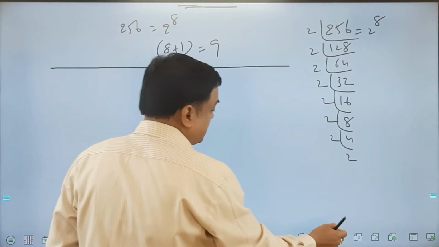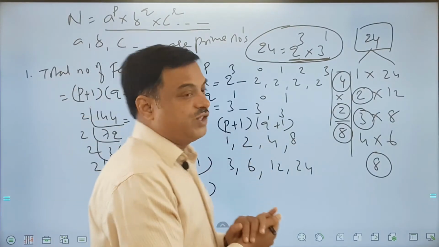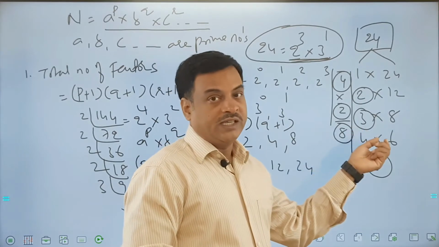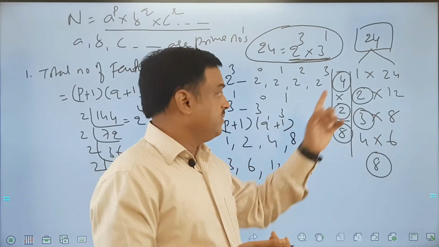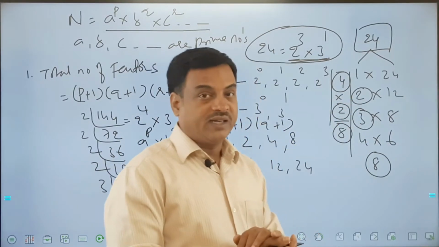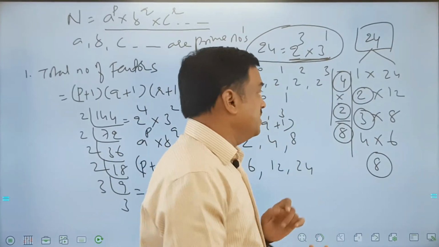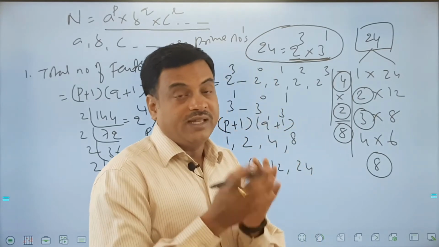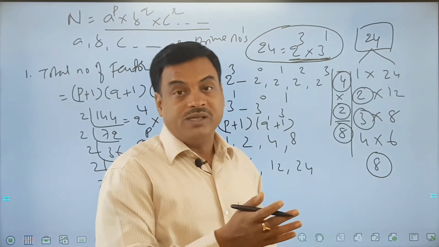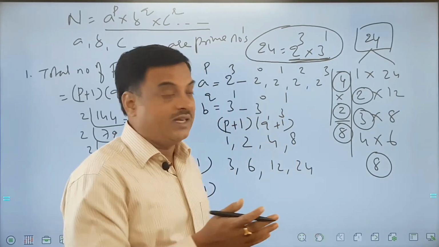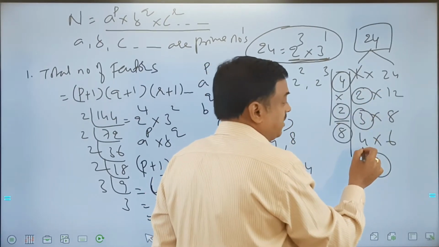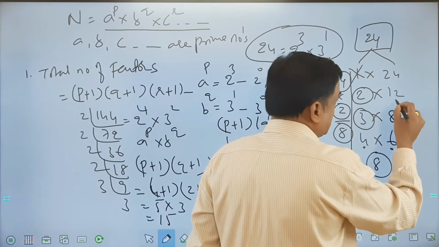Okay, now let us move on to the next point. If you see the previous slide, there are types of questions which are possible. I'll tell you one by one. Suppose my question is, how many prime factors are there? We have already highlighted them. 2 and 3 are the prime factors we have. Composite numbers: what is a composite number? The number which is not prime and not 1. So other than 1 and prime numbers, the rest of the numbers are called composite numbers. If I remove 1, 2 and 3, the rest of the numbers like 4, 6, 8, 12, 24